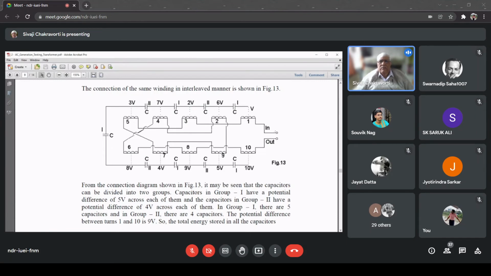So now here you will find something very interesting, because although physically they are not side by side, electrically the first winding has a voltage difference of V, let's say. Then 2 will not be V, because 2 is not electrically in series. Then 3 will be electrically in series, but the individual section voltage is V. So 1 plus 3 becomes 2V. Then 3 is in series with 5, so 2V plus V becomes 3V. In this way, we can find out all the voltages.